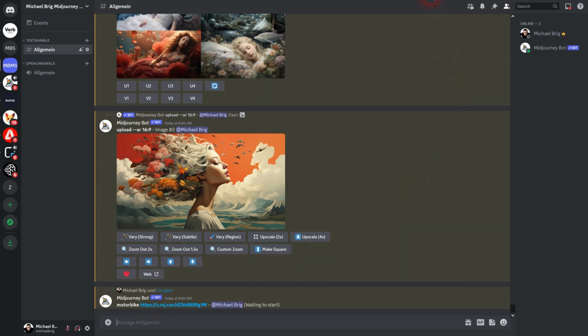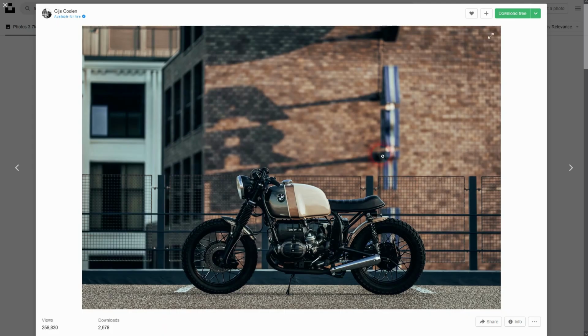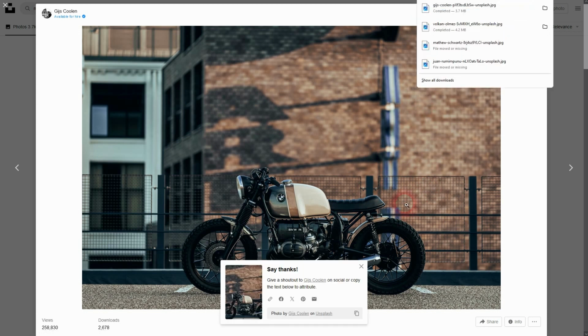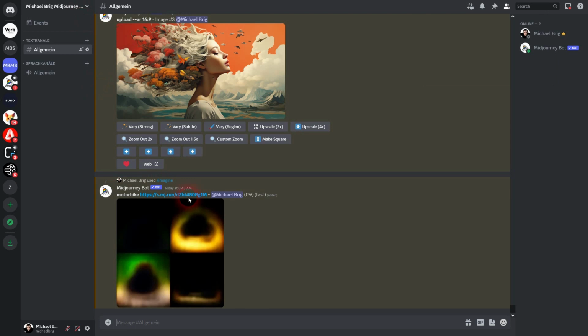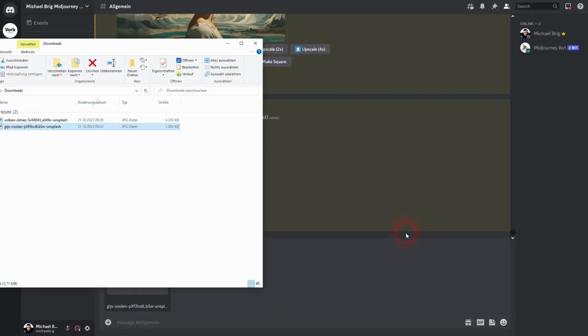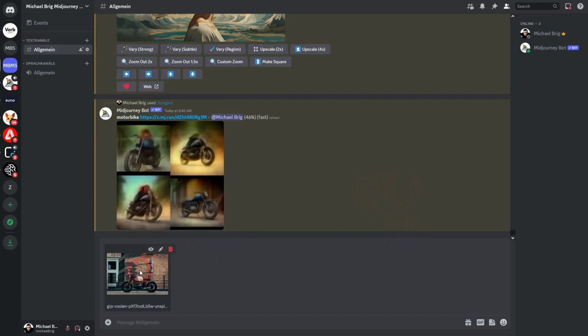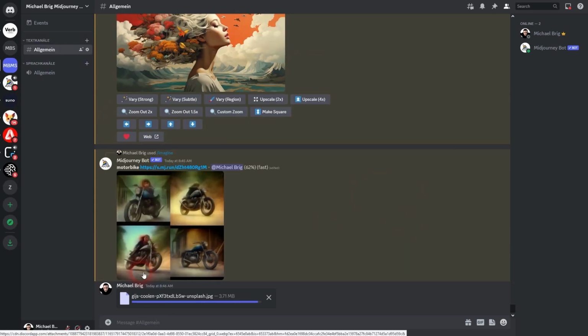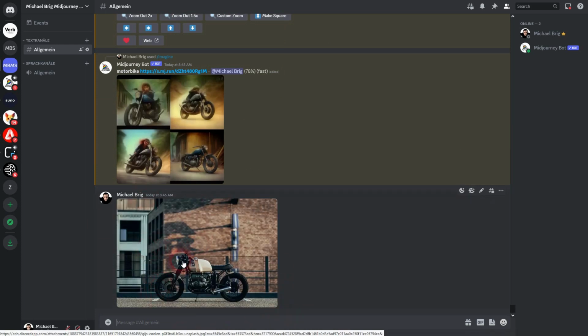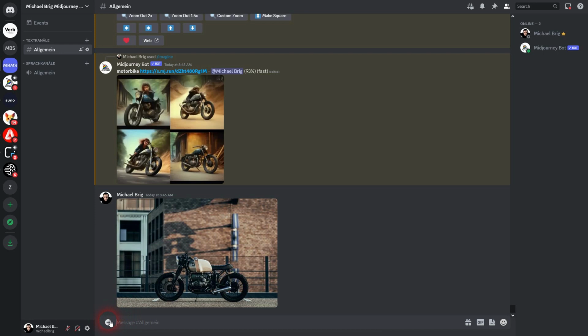Let's say it's this one, so I download it. It's now on my computer. You can certainly upload this to image hosting or storage platforms, but you can also just drag and drop it right here into Discord. It's this one, but be careful, this window right here doesn't indicate that it's already uploaded. It just indicates what you have selected. Click on it and then press enter, and now it is uploaded and you can use it in your image